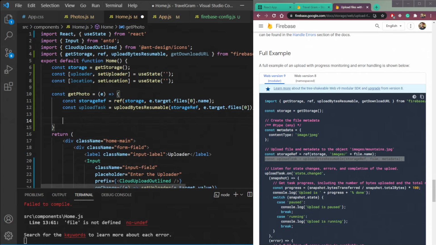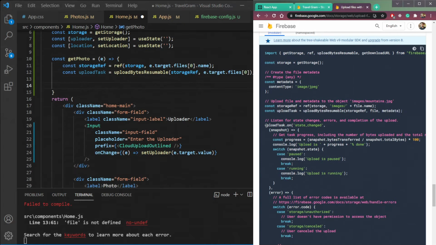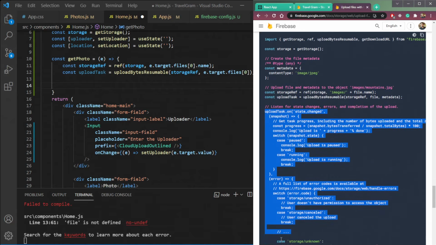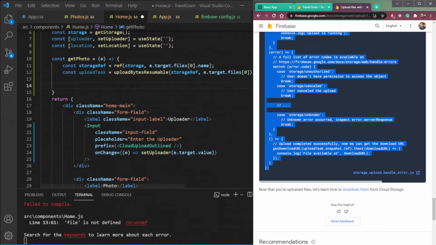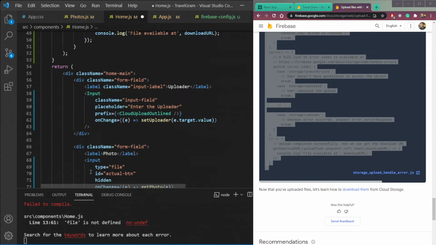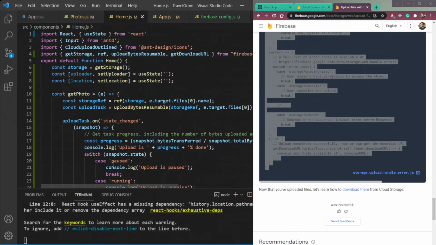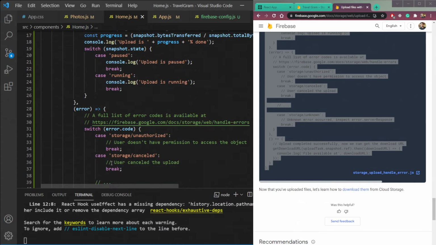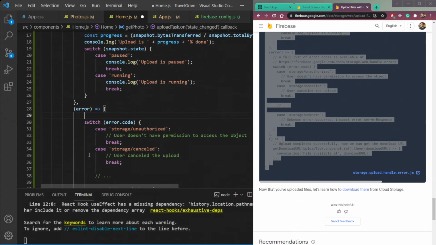Then we need to start the upload here. This function called upload.on, state change and all. So put this here and save. So remove all the comments. Then let me explain what is all this.